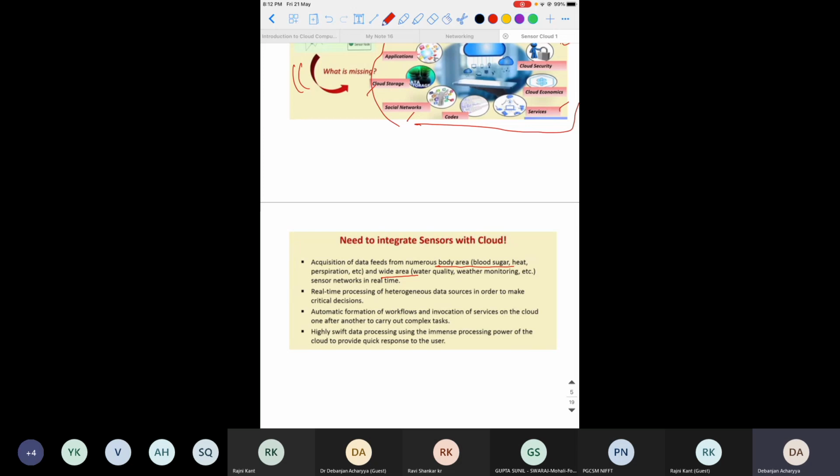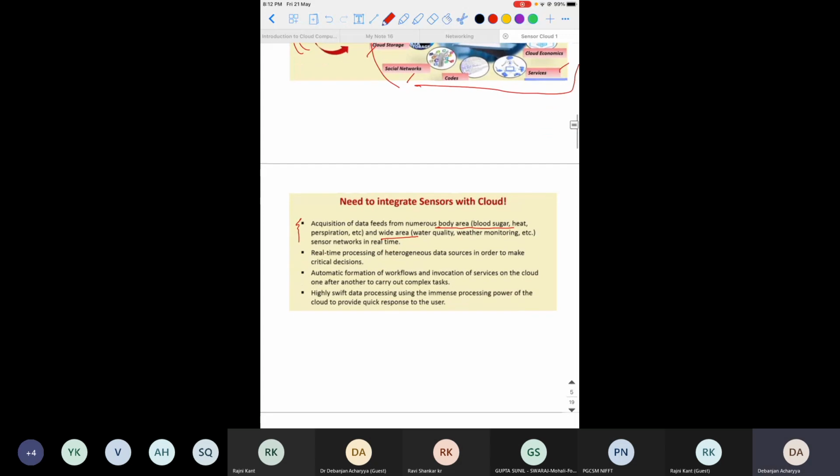A wide variety of sensors are there, and you can integrate all the sensors, acquire the data, and upload it to the cloud. That is the first thing. But where is the difference, I will come to that. Second, you can do real time processing of this heterogeneous data. This is very important.